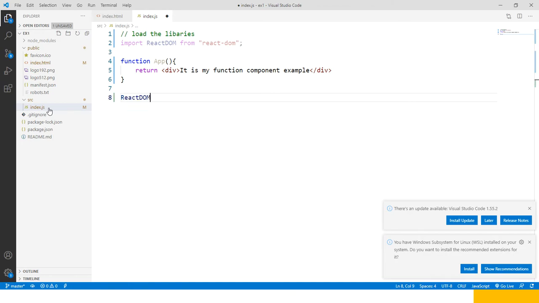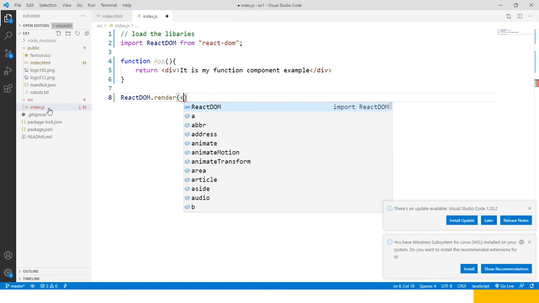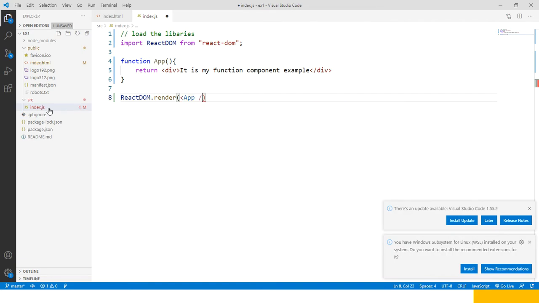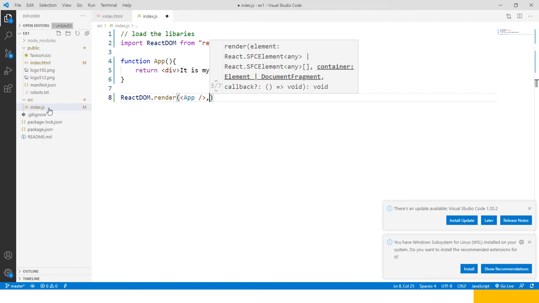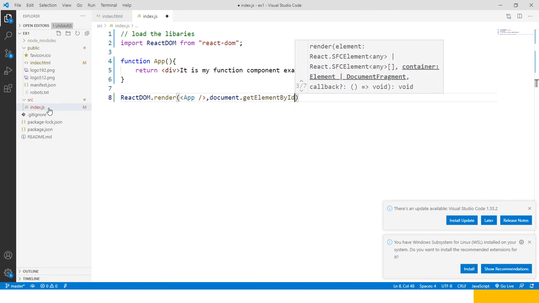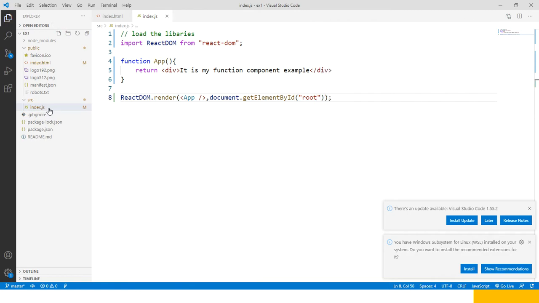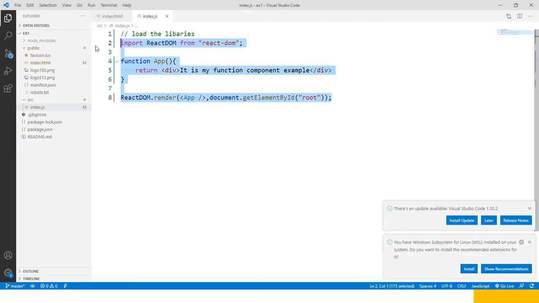Now let us display this one. ReactDOM.render. What is the answer? App. So you can see the function name App like this. This one we can use as a tag. That is the beauty. So we can use this markup in other places also. Let us verify this in the coming classes, not today. getElementById and root. So everything is ready. Sir, I created the project and I configured the index.js file.